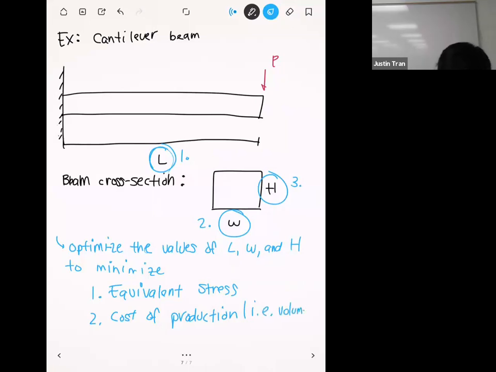Okay. And so we're going to seek a design that's also minimal in volume, as well as in stress, okay? Because the less volume this beam has, the less material that we have to use to build it. And then, the less cost that we're going to incur in the end, okay? Right. And so, with all these things combined,